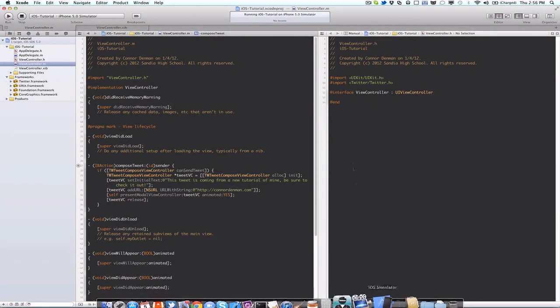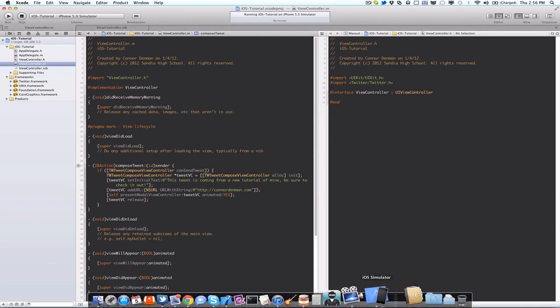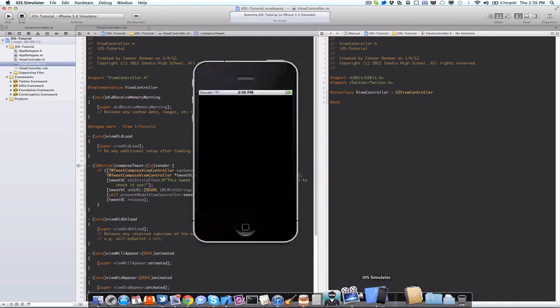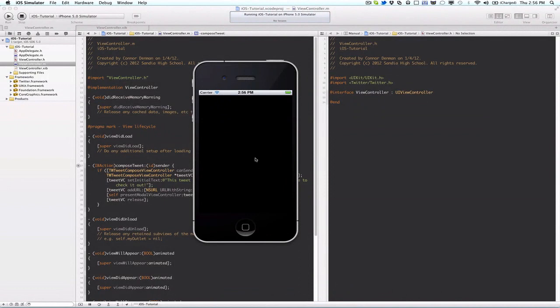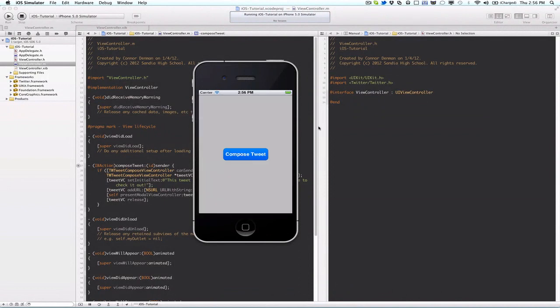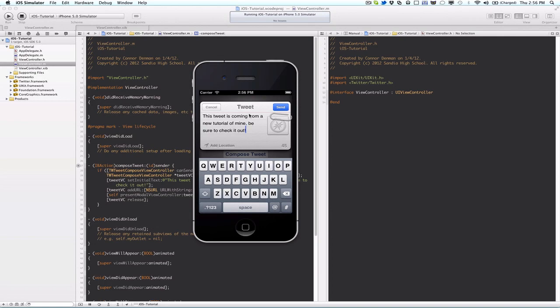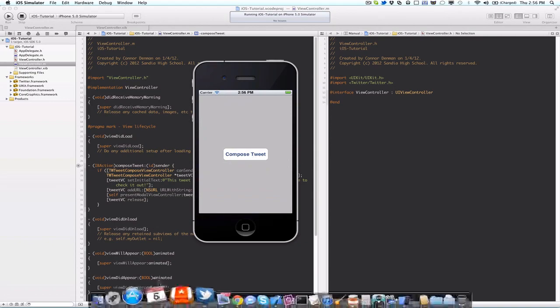And when I press on the button, once the application starts running, there we go. Once I press on this compose tweet button, it's going to present me with this tweet dialog. And it says this tweet is coming from a new tutorial of mine. Be sure to check it out. And so we, as a user, have the option to put in a location. If you had images attached to the tweet, you would see them right here. But otherwise, if I just press send, I can go into my Twitter